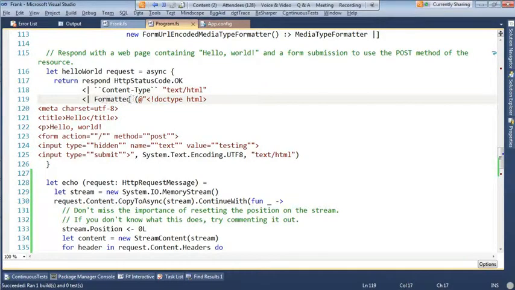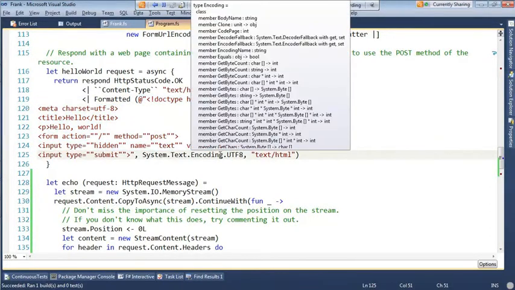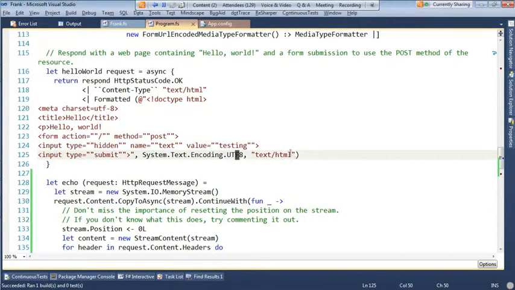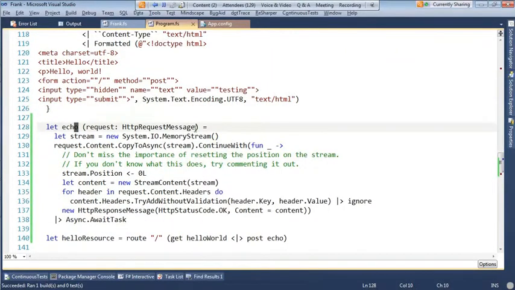And then I've got another function that formats a string. In this case, it's basically just creating a string content with an encoding of UTF-8 and a media type of text HTML. And this will actually return back a hello world page that looks exactly like this HTML looks. And then an echo